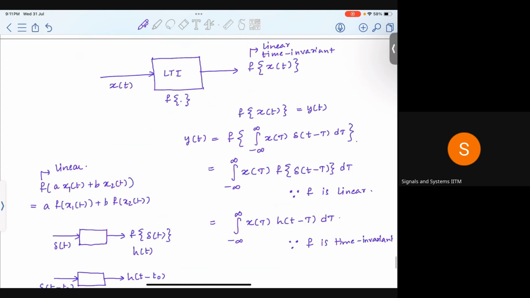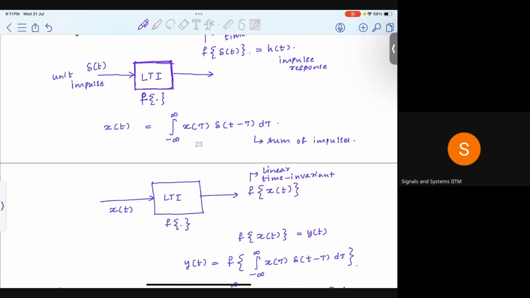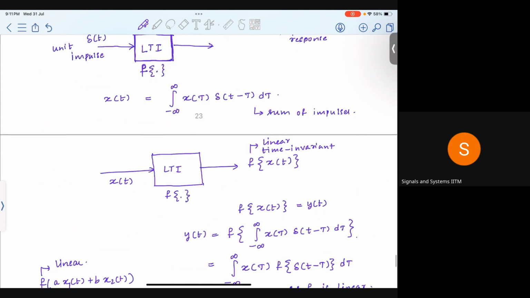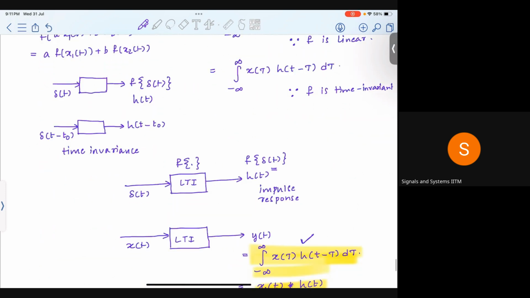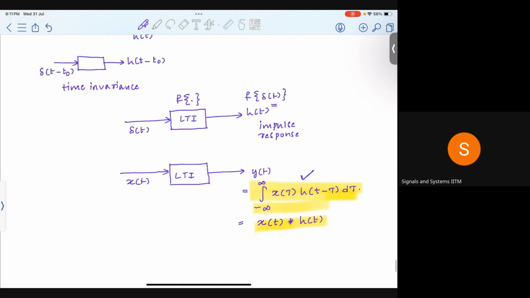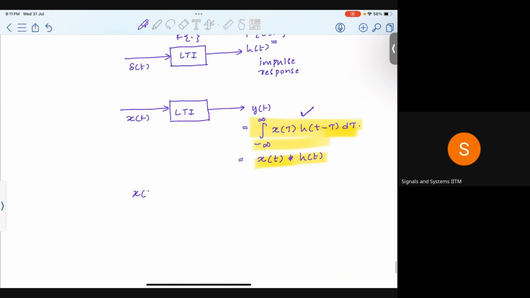Yeah, because any signal can be written as a sum of impulses, right? And when h of t is the output for an impulse passed over an LTI system, this is the output when any signal x of t is passed over an LTI system. And for this particular output, we are naming it using an operator known as the convolution. That's all. Convolution is defined in this way. So convolution between any two signals x of t and h of t is defined as,